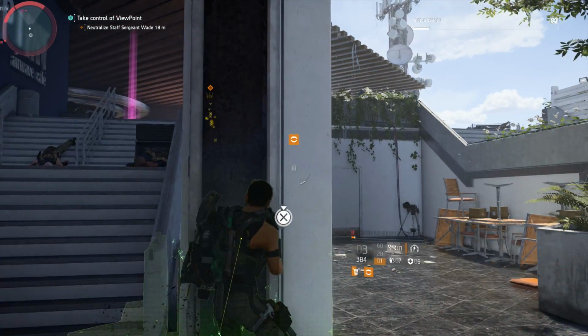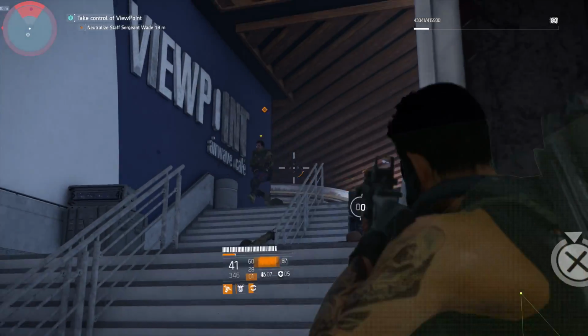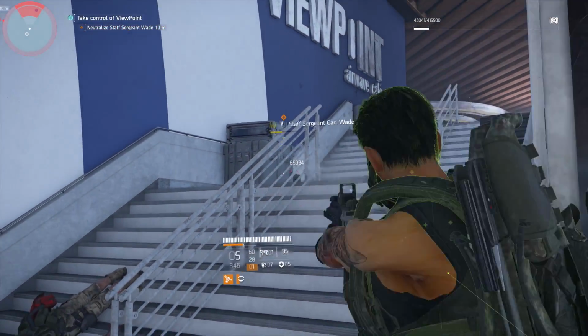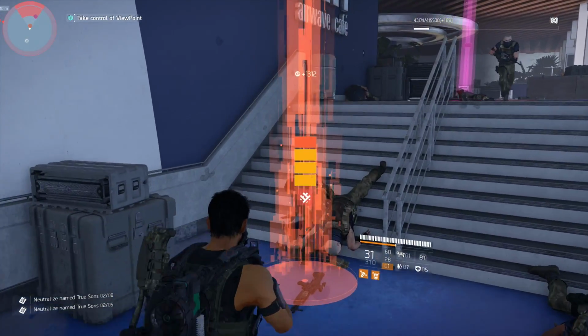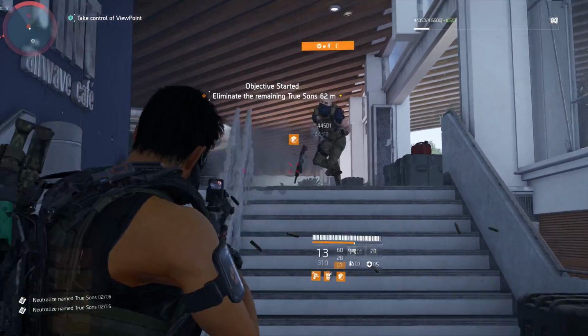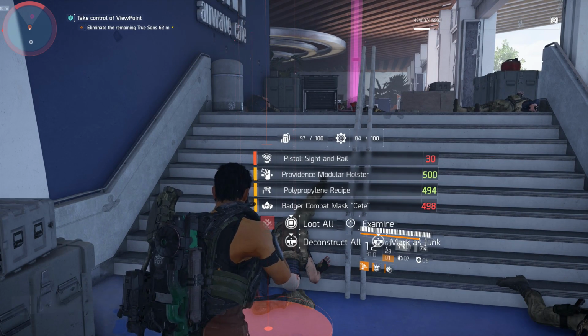Now once you get to the end of the mission, you'll see the boss, Staff Sergeant Carl Wade, and once you kill him, he will drop the piece you need. So the piece that you should see is the sight and rail, and that is going to be the third pistol piece we need. Now there's only one more pistol piece plus the blueprint, but that both drops in the